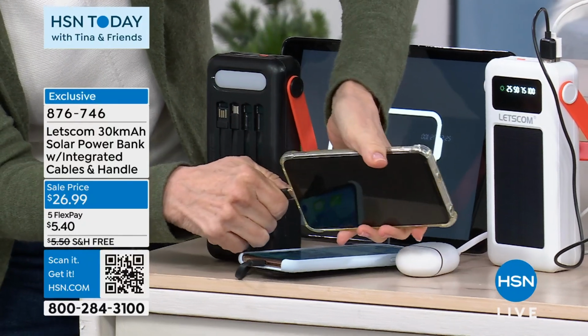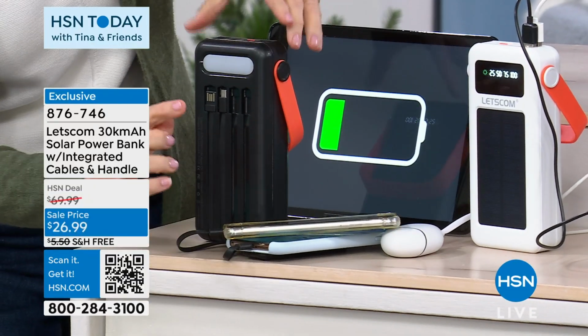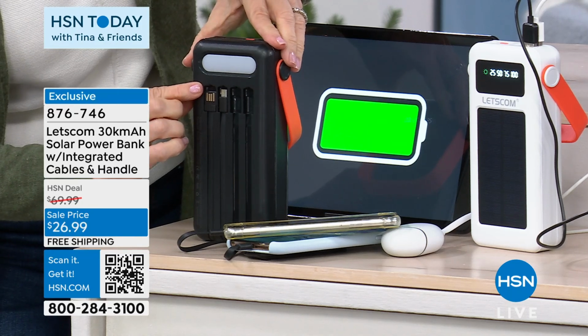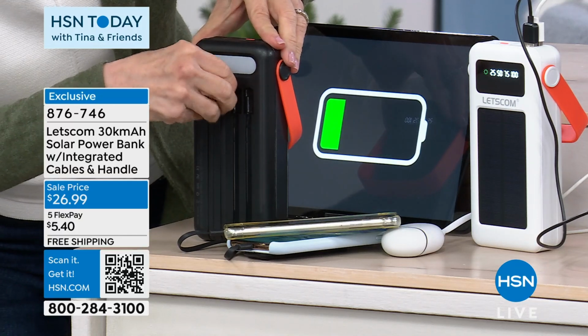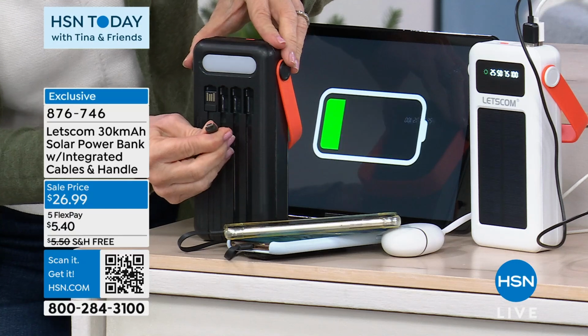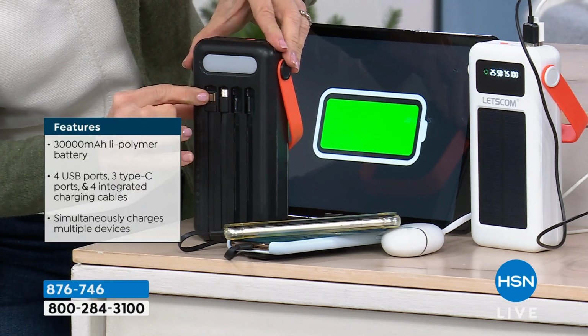You can charge multiple devices at the same time, which you cannot do when it's a lower milliamp power bank, because it's 30,000. You've got enough juice. And these are built-in cables. They're always there, so you don't have to worry about your cables. This is the MicroUSB, so your older devices, maybe you have an older flashlight, or maybe Living Glow lights. You can charge that. And then you also have a USB-A